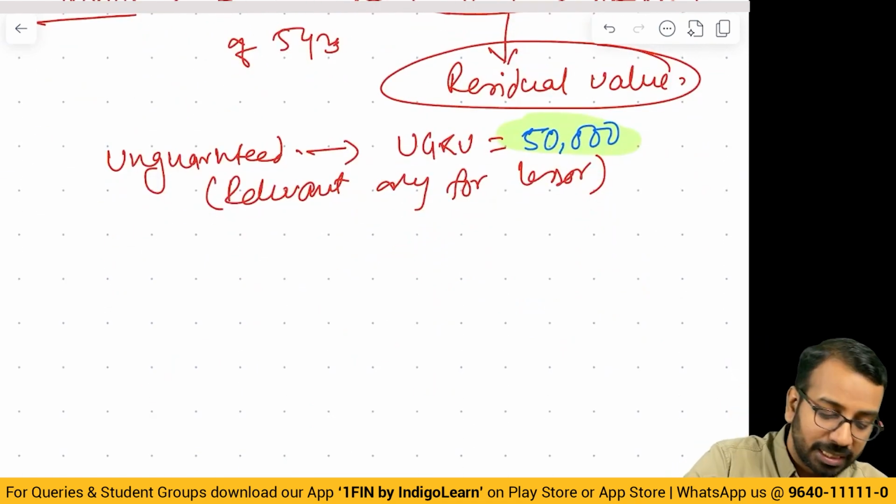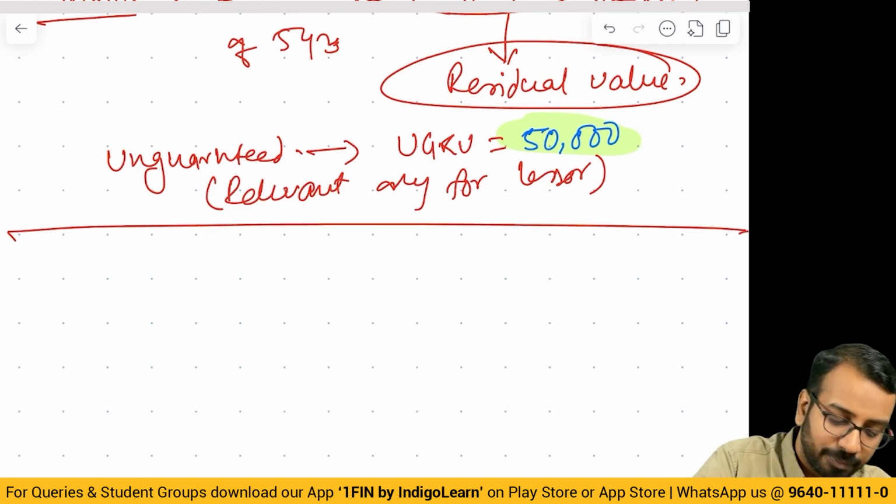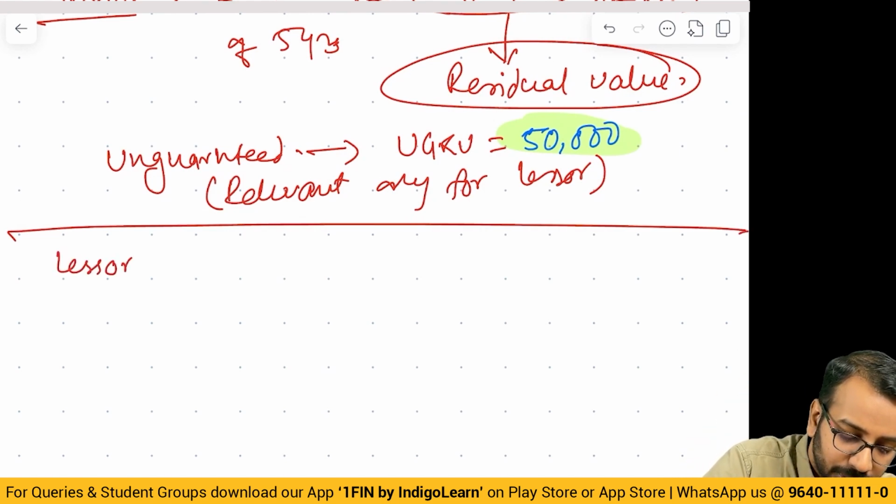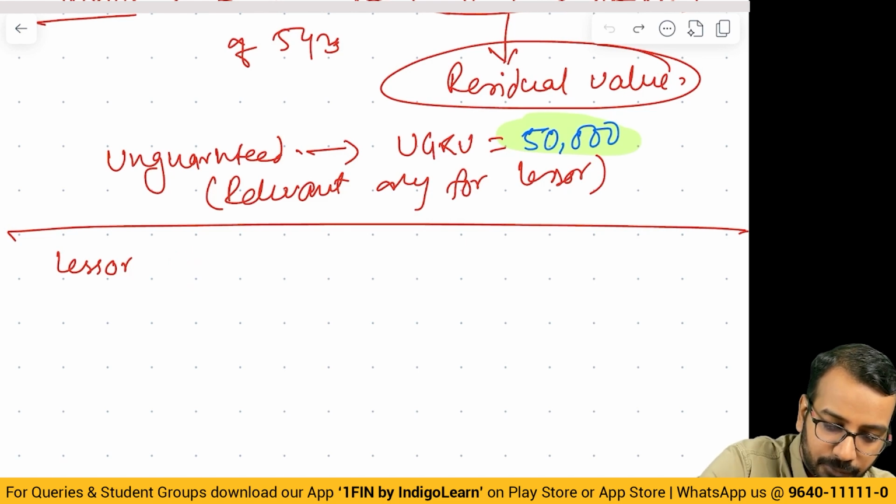Then this is one scenario. Another scenario can be